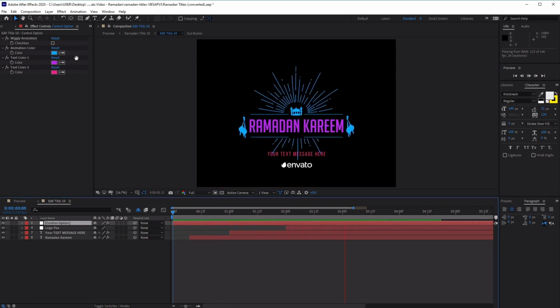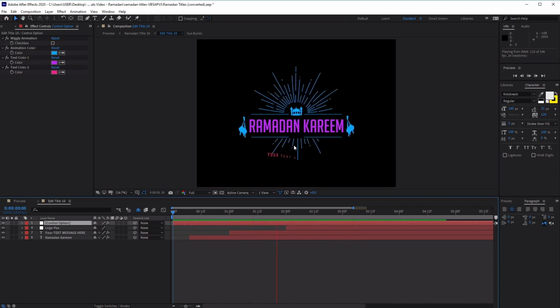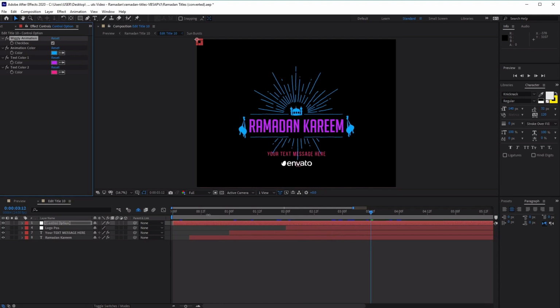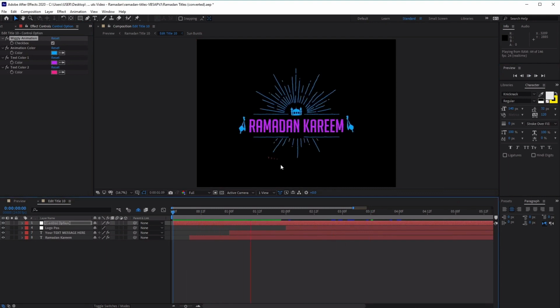Awesome. And you'll see with the wiggly animation checkbox switched off, there is no wiggliness in the animation whatsoever. So if we turn it back on and press the play preview button again to see what it looks like, you'll now notice the subtle difference between the 2 styles. So there's some subtle movement to the design here. Excellent. So just choose whether you want your animation to have wiggles or not, and then we can move on